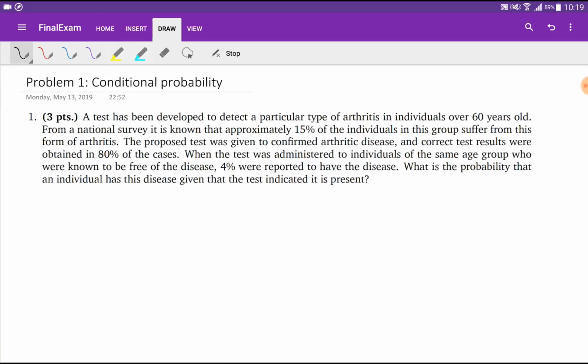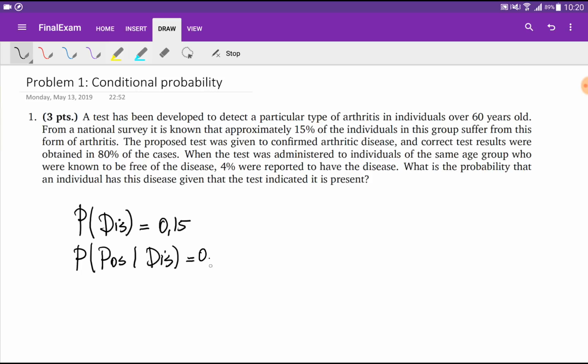So let's go through the problem and write the notation. A test has been developed to detect a particular disease for individuals over 60 years. From a survey, it is known that approximately 15% of the people in this group have the disease. Probability that a person has the disease is equal to 0.15. We are going to propose a test, and this test is positive in 80% of the cases if a person has the disease. So basically, the probability that the test is positive if a person has the disease is 0.8,